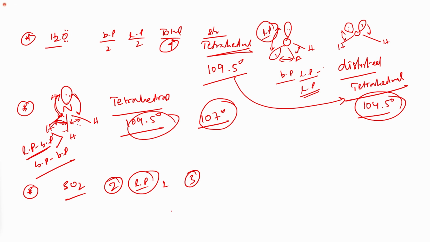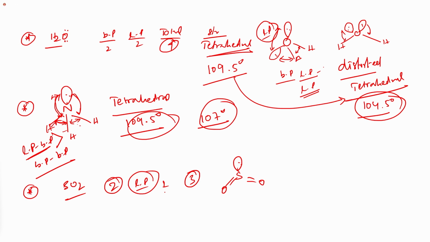When it is 3, the structure will be trigonal. So theoretically the shape should have been trigonal planar, but actually it is found to be a bent or V-shaped structure. The reason being the lone pair